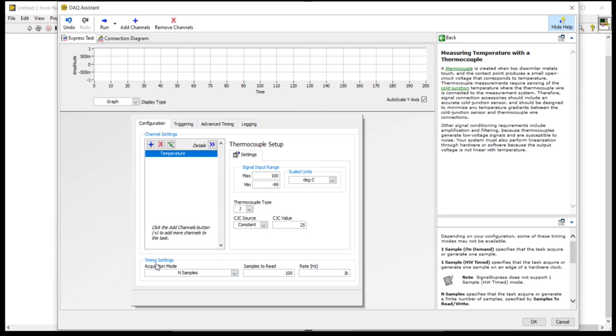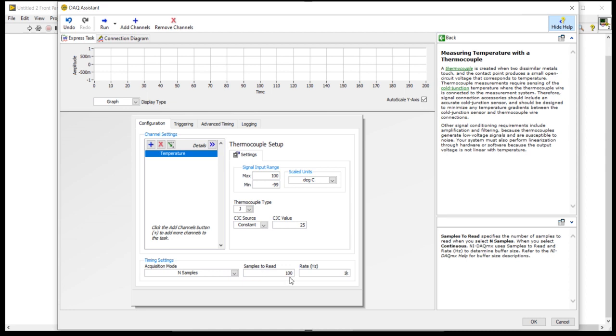So now here, acquisition mode is n sample, samples to read 100, and rate is 1 kilohertz. Sampling rate is 1 kilohertz.